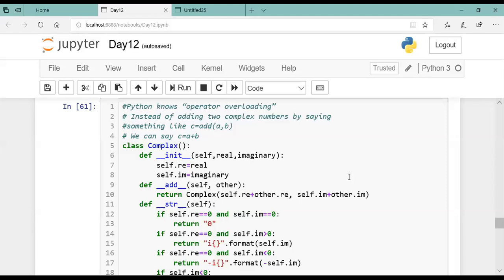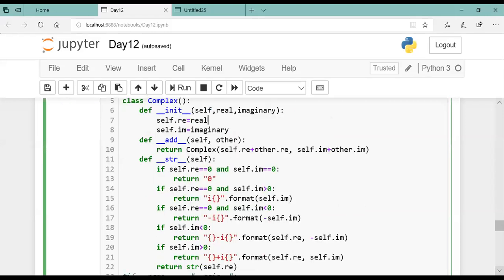So the next question is to find the sum of two complex numbers with the help of operator overloading. So we will go by basics only. We will first write the constructor. Once the constructor is written, then we'll write what we have to do. We have to just add the two numbers.